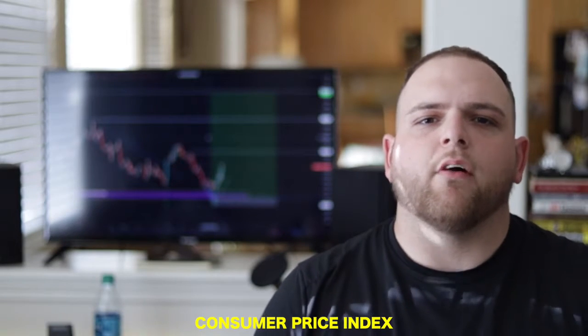The third thing that can affect an economy within a nation is the consumer price index. A CPI is basically the average cost of a basket of goods, such as bread and milk, and what that's measuring is the cost of living in that area or region. The fourth and final thing that can affect a nation's economy is unemployment levels, which goes back to our first point, gross domestic product. Unemployment levels are measured in a region by how many people are unemployed.